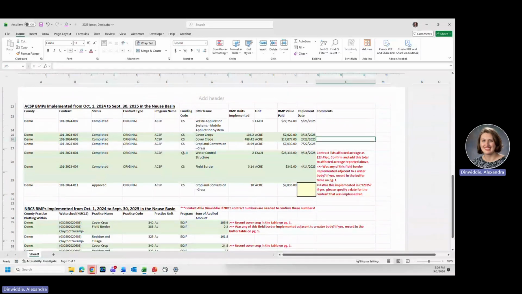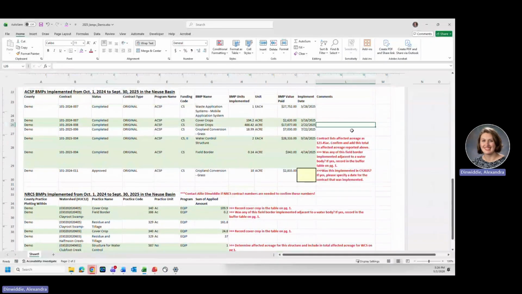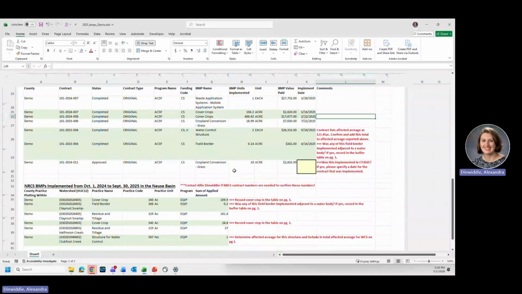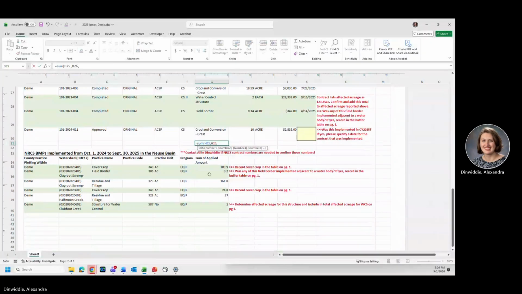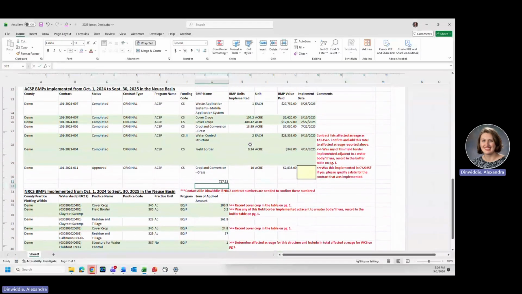We'll go ahead and scroll down first to the page 2 here, which lists the state and federal cost shared cover crops. And we can see that in total, let's do a quick sum of all of these cover. That there was 727.32 acres of cover crops that was implemented with state and federal cost share funding